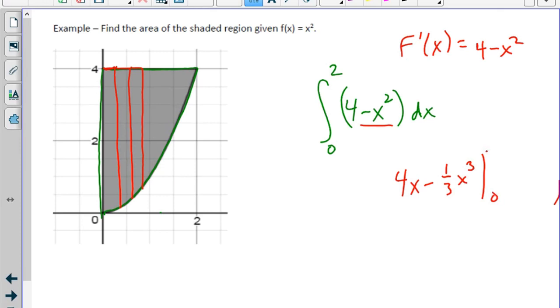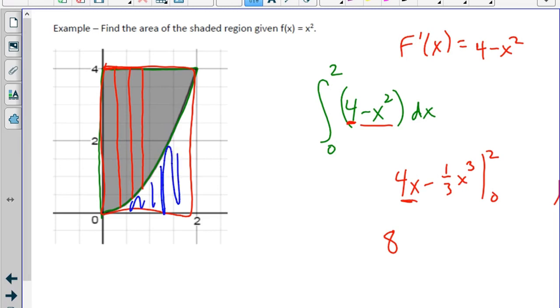And we're going to evaluate that from 0 to 2. Notice that 4 times 2 ends up being 8. That essentially makes the rectangle. So this 4 is basically acting like we're taking the entire rectangle, finding the area of that, and then we're subtracting the area that was